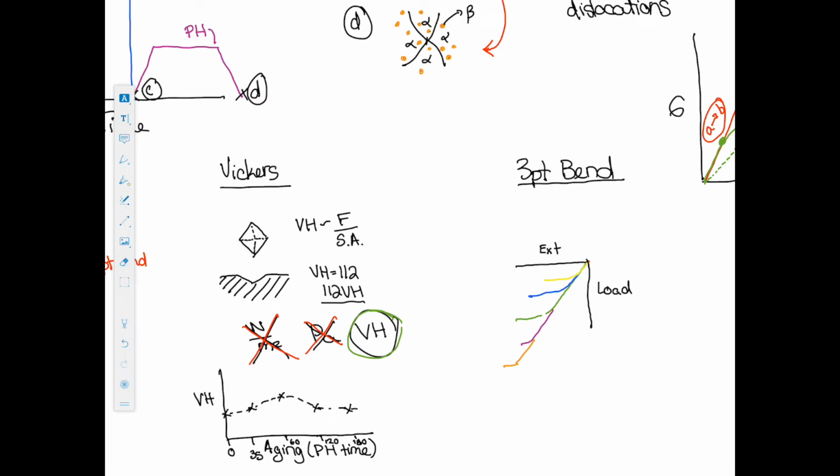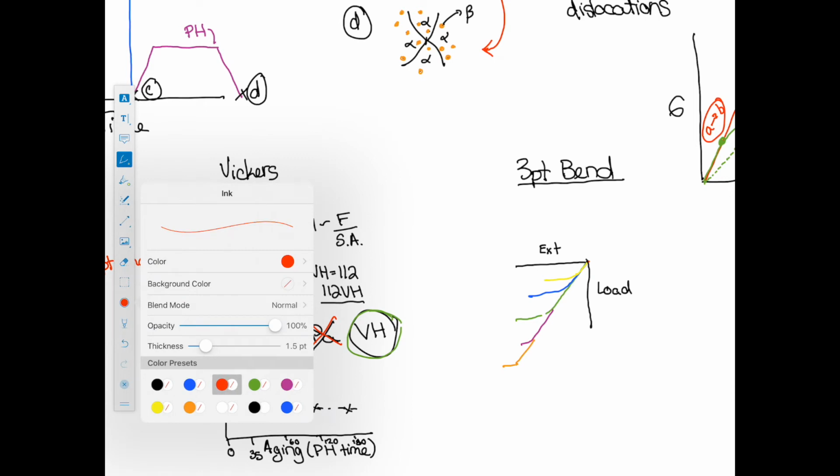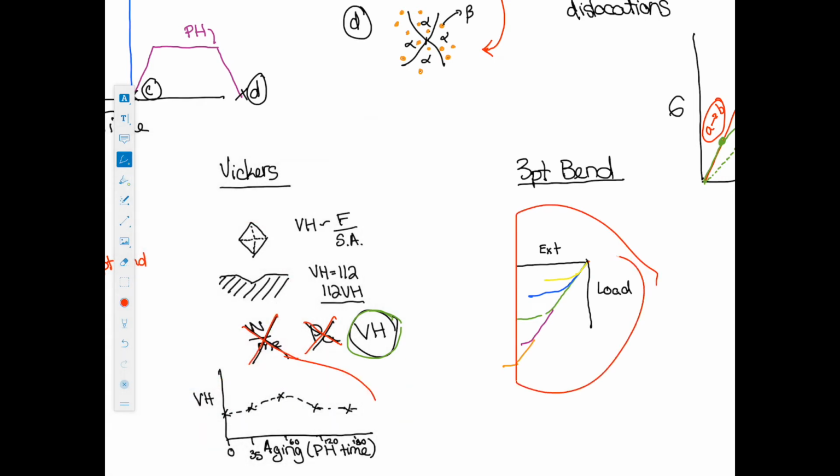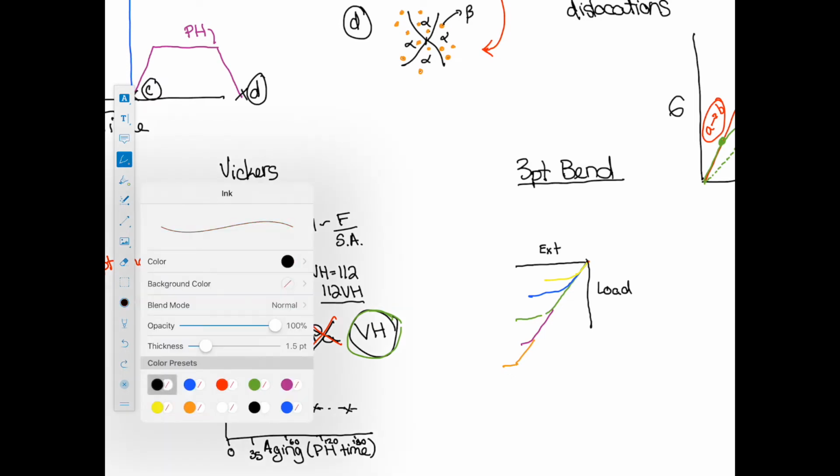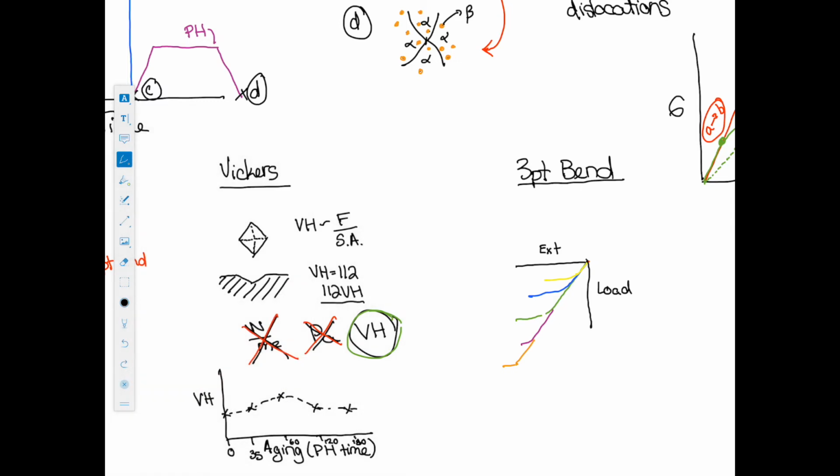So in this lab, I'm not asking you to do any calculations. I'm asking you for just 2 figures. And this is in order to save you guys work. But you do need to talk about these figures in your discussion. So please cover quantitative information for the Vickers hardness. And for the 3-point bend test,